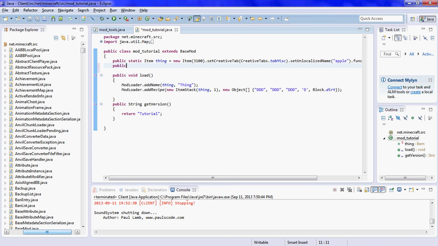It's pretty similar to making an item: a public static block, whatever you want to call it. This you can change to anything. New block, and this constructor takes two arguments. One is the ID, which I left off on 192. You're probably best going somewhere around 200, 175, but I don't think you can go higher than like 250, so just keep that in mind. And then this is what material it is,